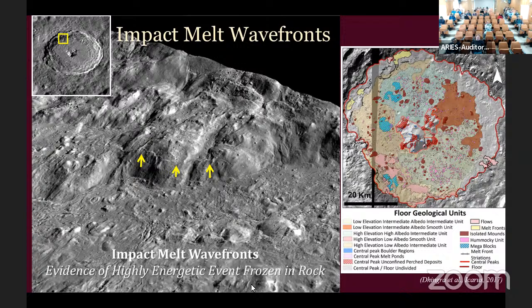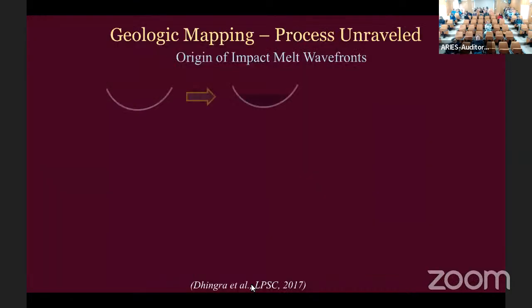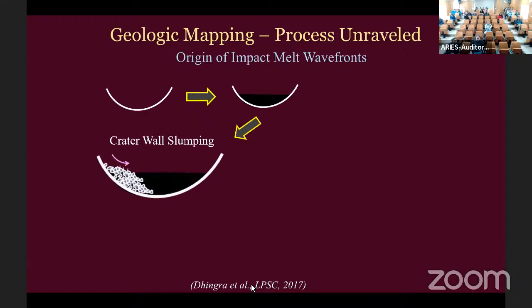So two ideas are there. We call them impact melt wave fronts. Forming of the cavity and filling it with molten material. Subsequently, in the evolution, you can have slumping. You have seen landslides here. There can be huge landslides, which can cause ripples in this melt volume, leading to providing energy for this